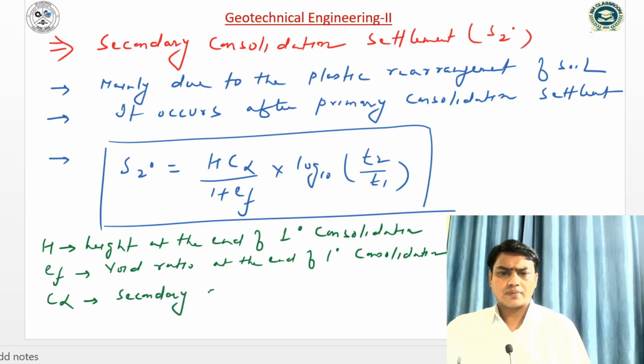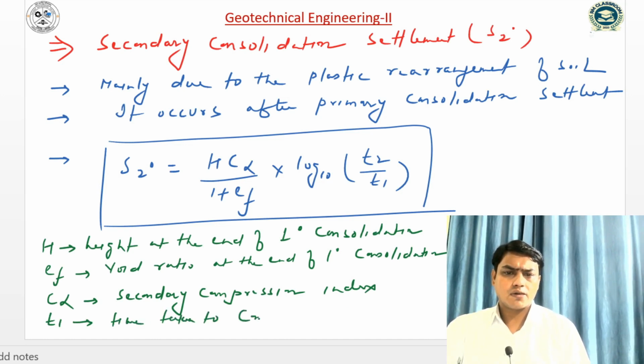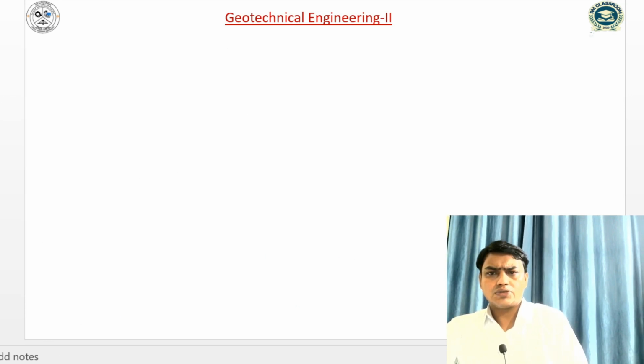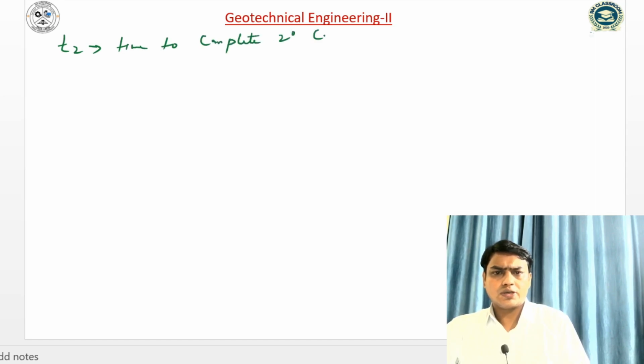C alpha is the secondary compression index, and t1 is the time taken to complete primary consolidation, and similarly t2 is the time to complete secondary consolidation, and C alpha, that is secondary compression